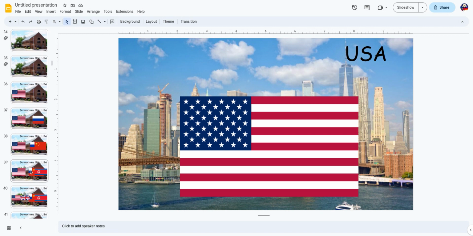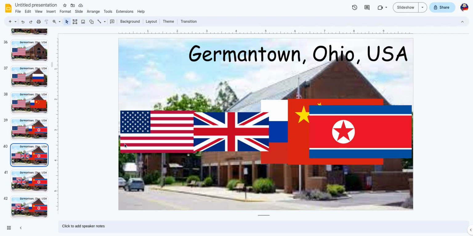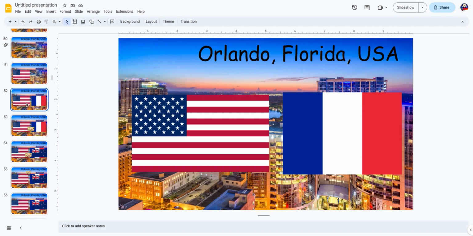and at slide 39 I did the villains. I used Russia, China, and North Korea as USA's enemies, and UK, which is the helper, otherwise known as the father of USA. Yeah. Also, USA role-played as Harry Potter in Potter Puppet Pals. And for this scene, and for slide 52, I added France. She's the mother of USA.